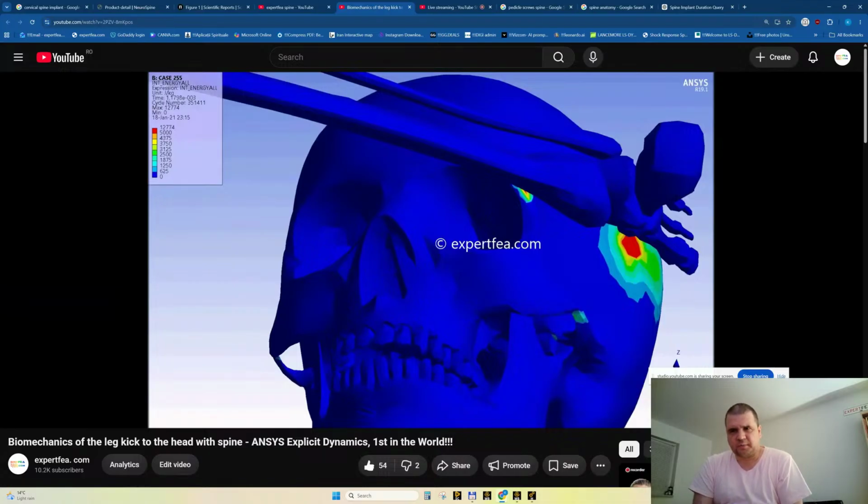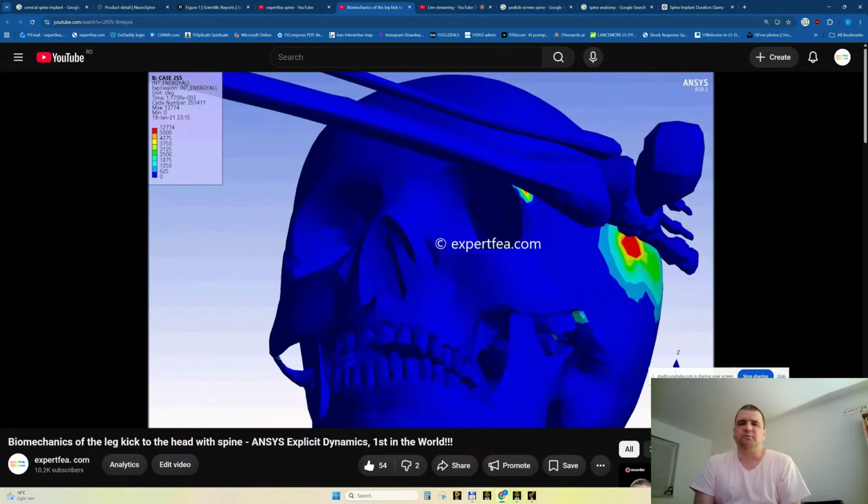I found one, but there are some interferences, and it's very hard to resolve, to remove those collisions, because it's a topological problem. It's a problem with any software, for example SpaceClaim, to understand